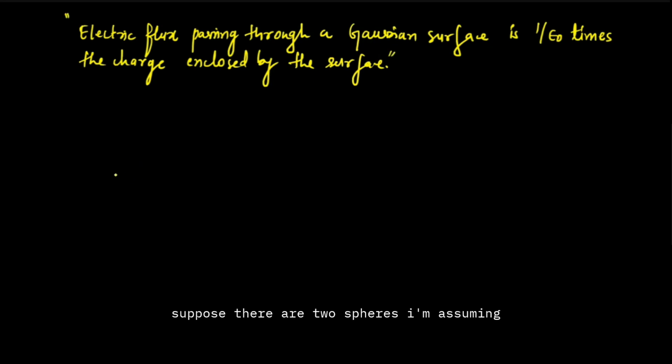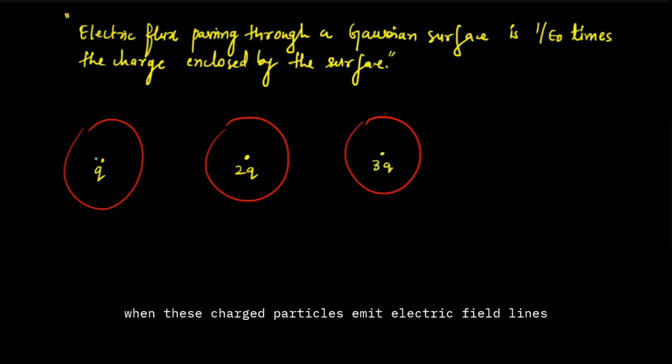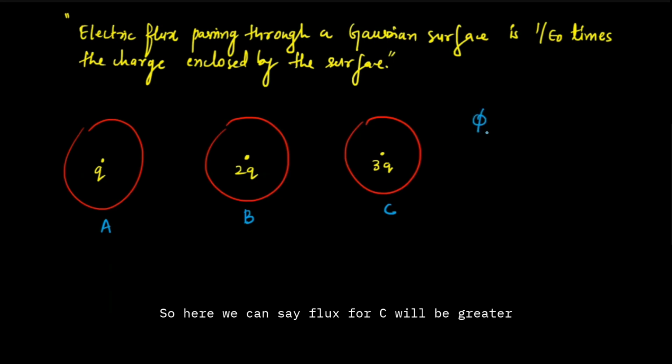Now, suppose there are two spheres. I'm assuming two spheres, they are hollow spheres, even three. Now these three spheres carry some charge, and I'm assuming one carries charge Q, it is carrying charge 2Q, it is carrying charge 3Q. Now just think and tell me, when these charged particles emit electric field lines, which surface experiences more electric field lines passing through it? A, B, or C? C. Exactly. So here we can say flux for C will be greater than flux for B, which will be greater